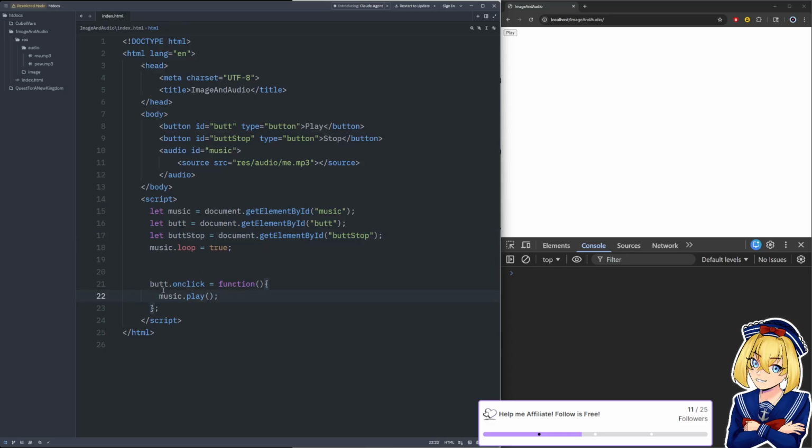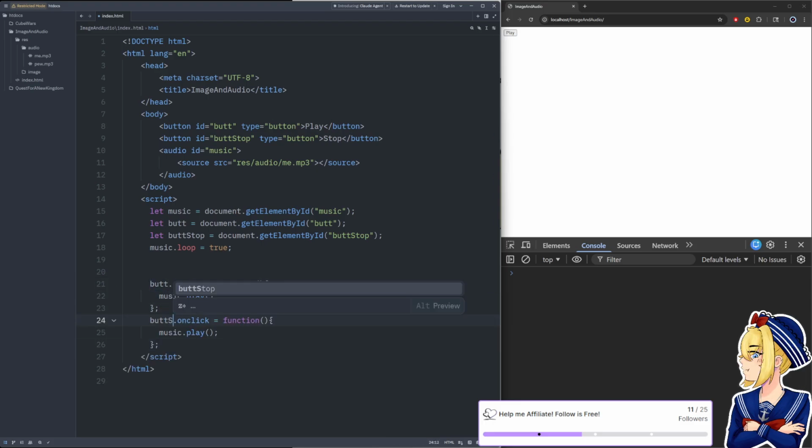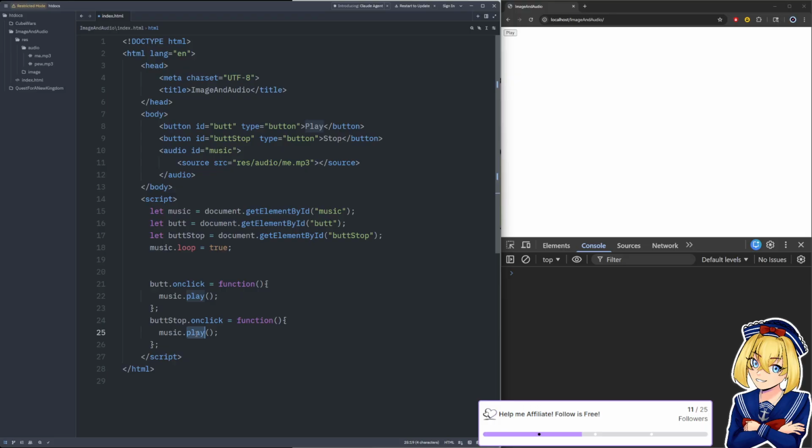Then we can make a new listener, but stop. And I don't think the function is stop. I think it's pause that I'm looking for. Stop audio. Yes.